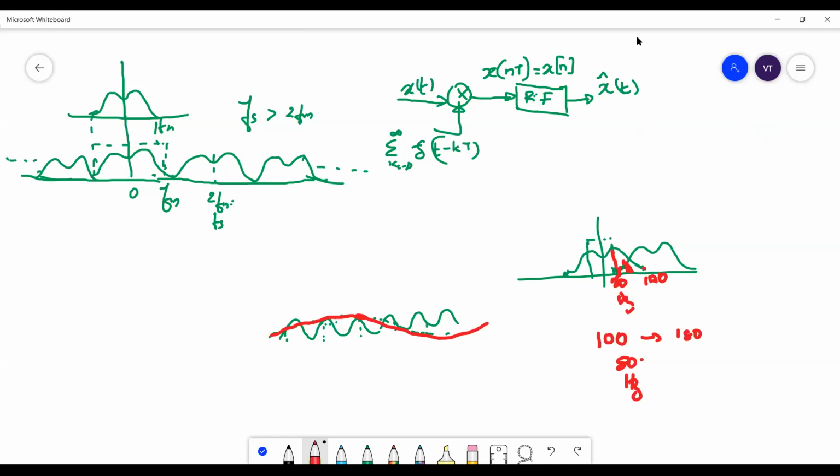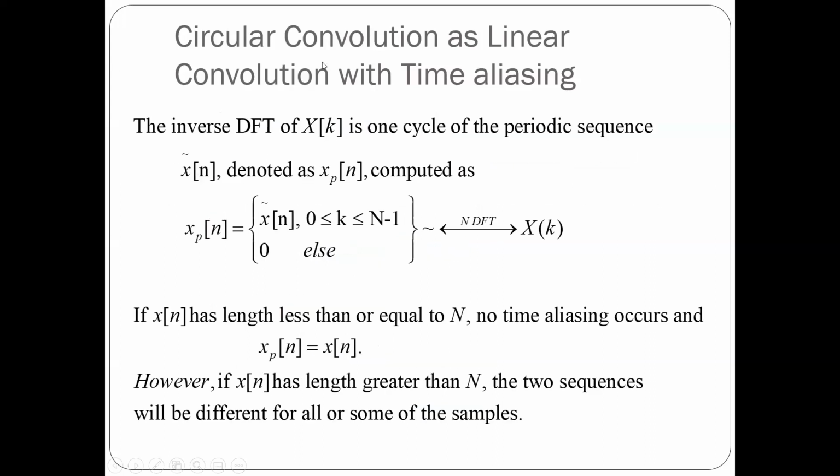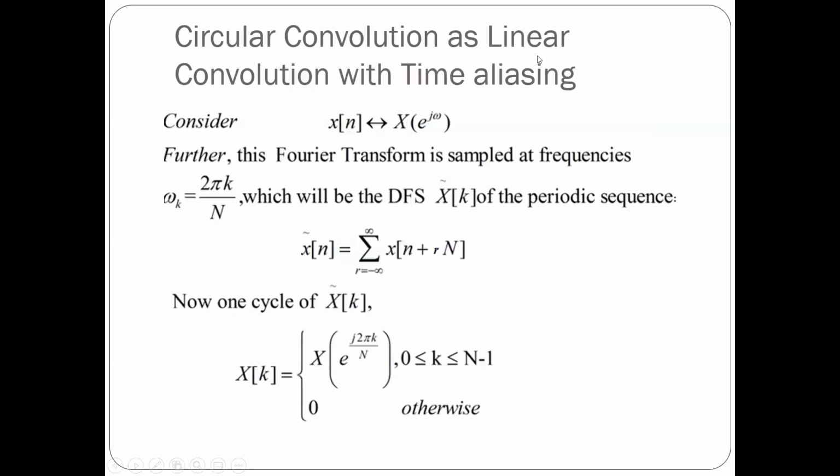So this is aliasing in the frequency domain. This aliasing by its name itself indicates some kind of overlap. So this is an overlap in the frequency domain, which you call aliasing in the frequency domain. Now we'll go back to the PowerPoint presentation. Now we will be talking of aliasing in the time domain, which indicates that there is some kind of an overlap in the time domain. Earlier we had talked about overlapping of the spectra in the frequency domain. Now we have an overlap in the time domain.